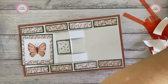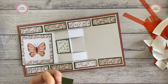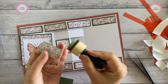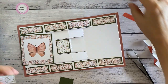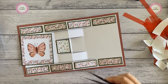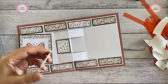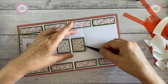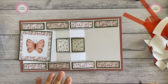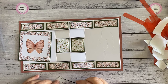And I'm going to show you something that I've also done that's a little bit of a technique. Now I've put Jac paper on the back of these, and then I just inked around the coloured pieces with bundle sage. I probably could have inked around the insert as well, but I didn't do that. Now this one will fit in an envelope 160 millimeters by 160 millimeters. It might fit into